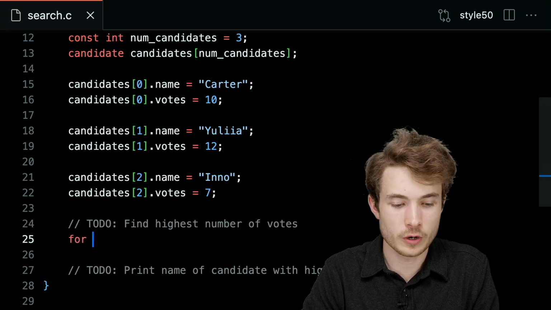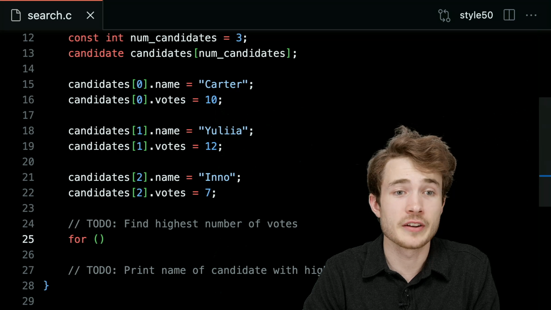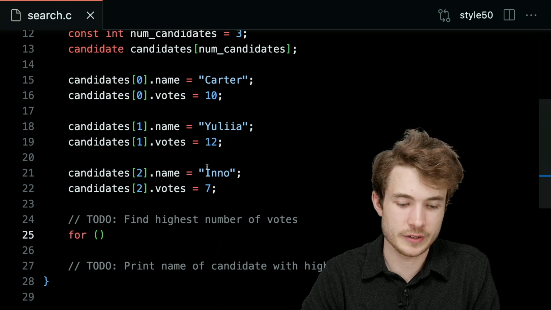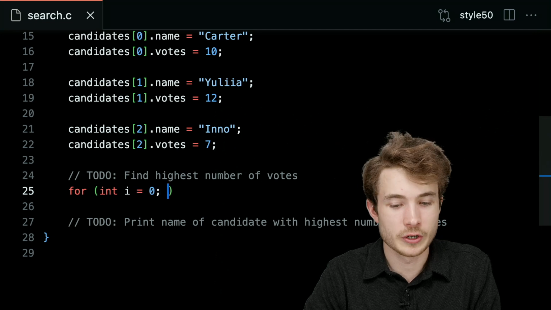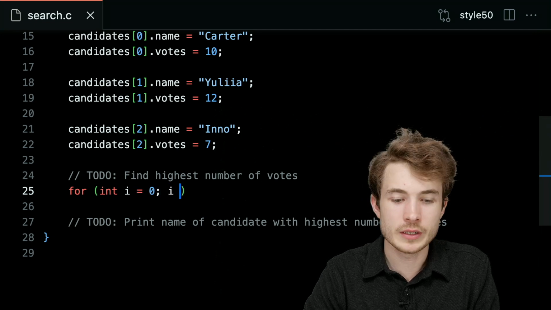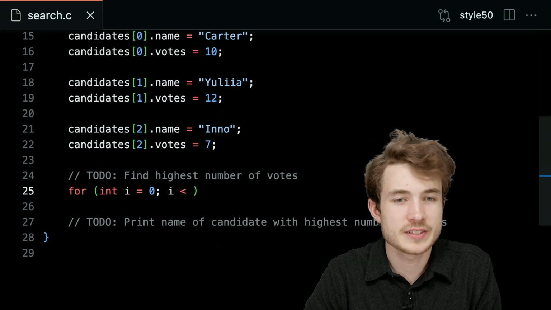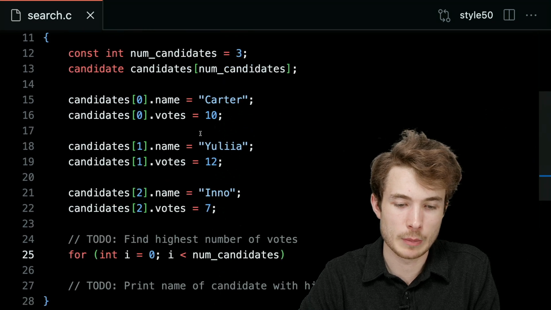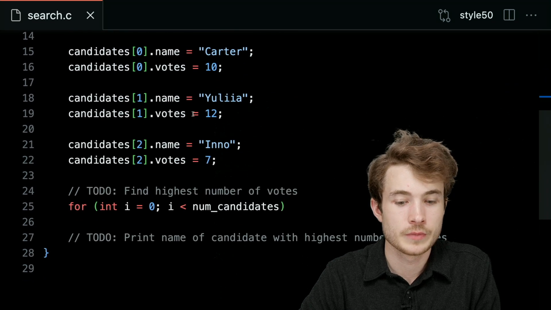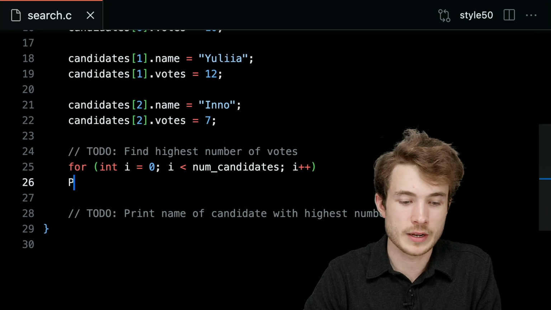I want to go from the very first candidate all the way to the final candidate, so I'll start my index i at 0. I'll keep going while i is less than num_candidates, which I defined up above right here. Then I want to increase i by 1 each time.